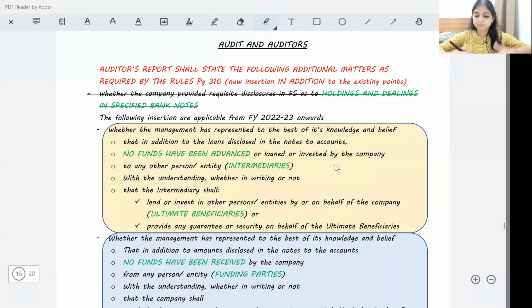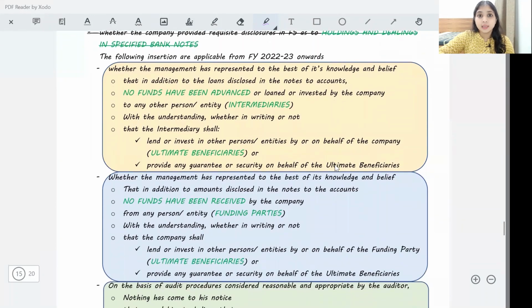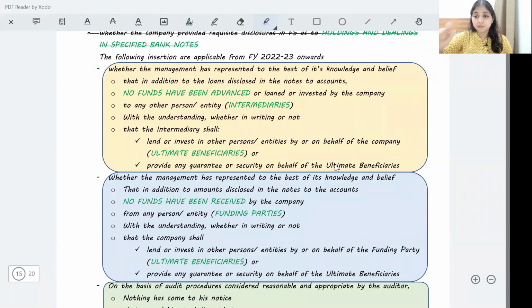Going ahead now to the last part of the amendments. We just have one amendment in the auditors chapter left. And that is in the audit report. We have learned that there are so many things to be written in the audit report. You remember you would have studied that the auditor is supposed to inquire whether the company